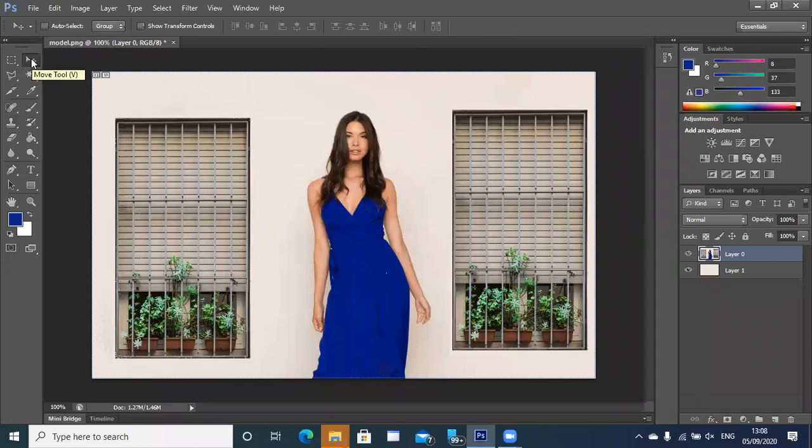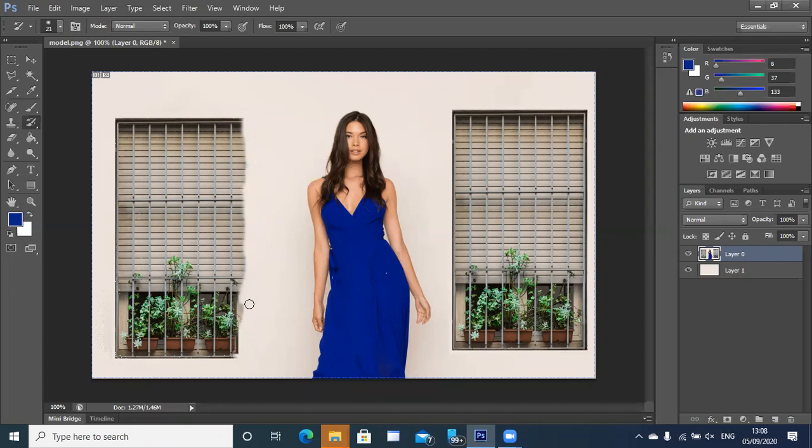Okay. Now, how do you erase the window? Anugrah's question. Use the history brush tool to go back to the original image. Originally, when I started off with the image, there was a window here. If I want to erase a certain area of the window, I can use this history brush tool to get back to the original. Yes, Anugrah, use the history brush tool to erase.